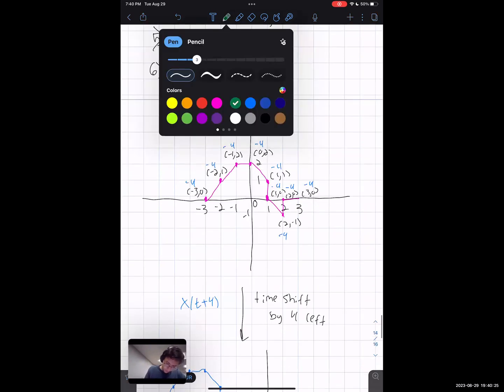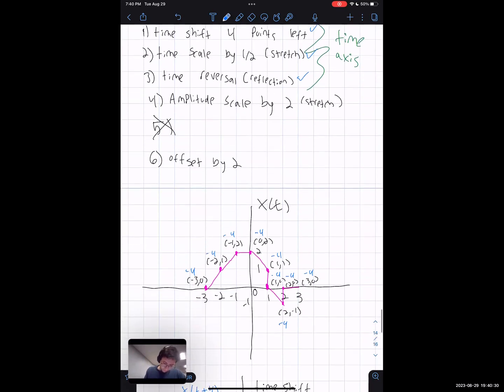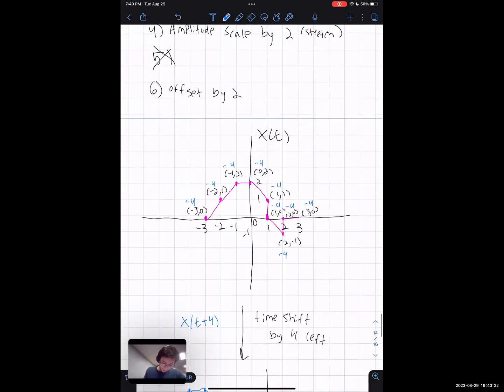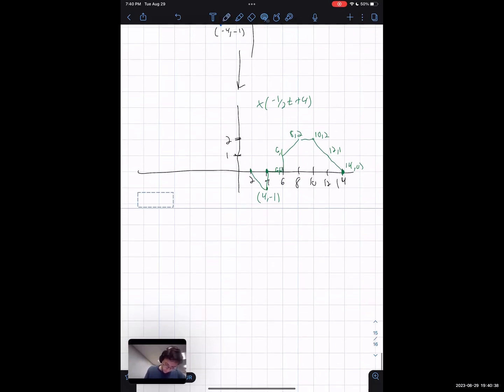Okay, so just 2 more steps to go, and these ones will be a little bit faster, so bear with me here, guys. So now we're going to amplitude scale by 2, right? So we're going to stretch it by 2. And another trick, guys, so this is the same thing, right? 1, 2. So what I can do,